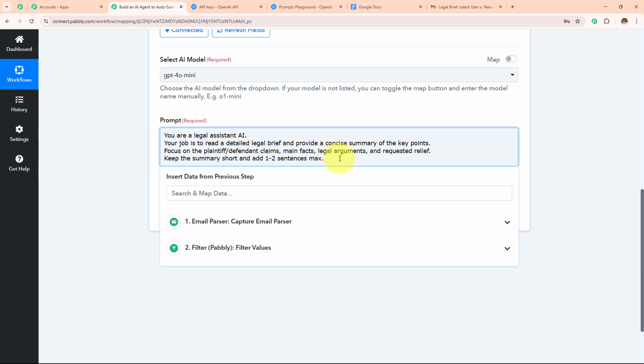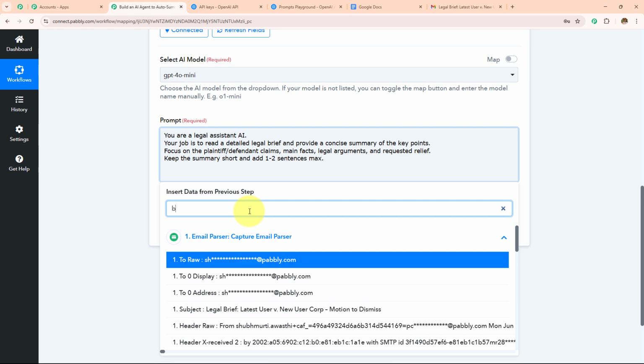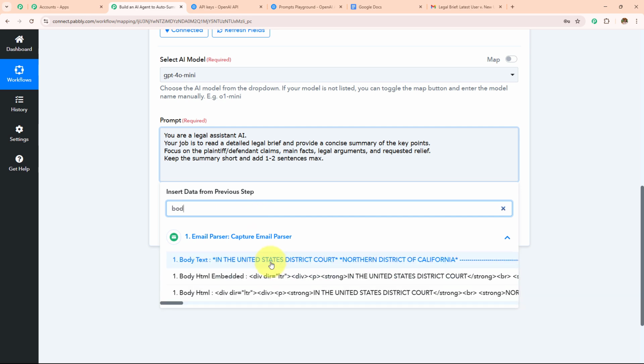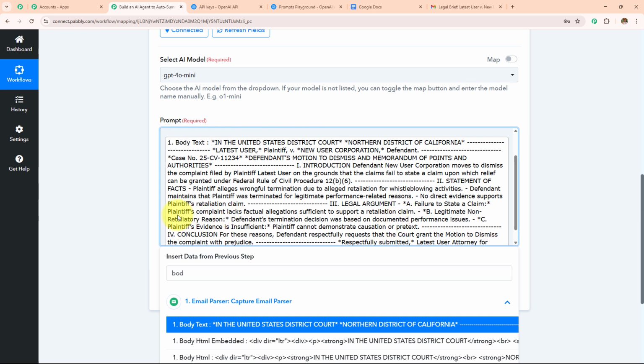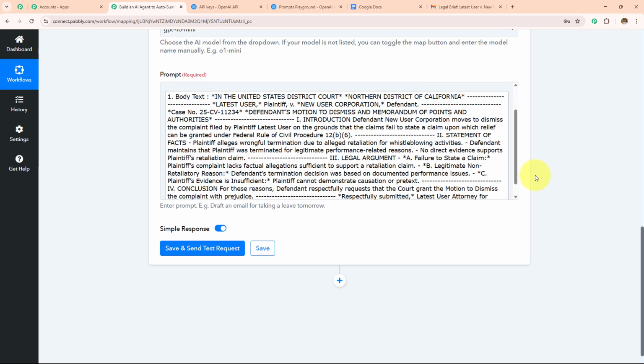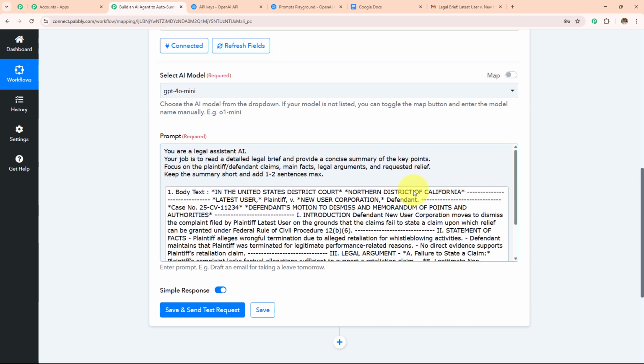So I'm going to enter or map the email which I have received, and the email was this one. So I'm going to map it. Over here, I am going to map this because mapping is important so that every time you receive a new response, it is taken into consideration in these fields. Manually entering the data will make this field static and the information will not change even if you have received a new response.